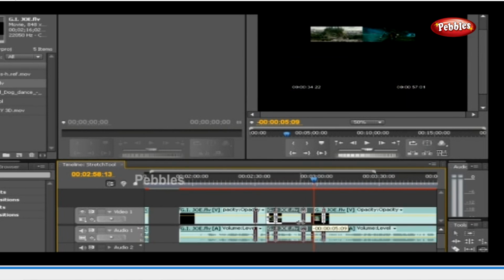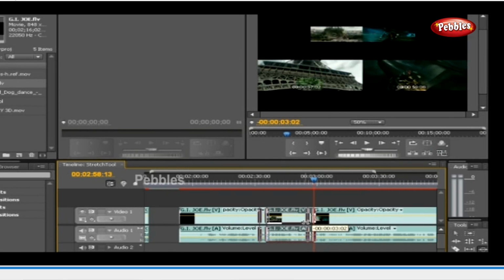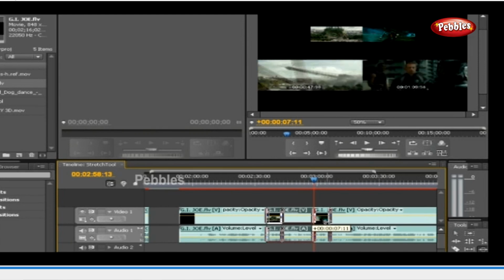Let's try this too. Go to the Toolbox and select the Slide tool. Position the pointer on the clip you want to adjust and drag left to move the out point of the preceding clip and the in point of the following clip earlier in time, or drag right to move the out point of the preceding clip and the in point of the following clip